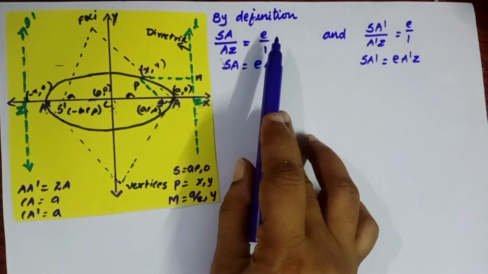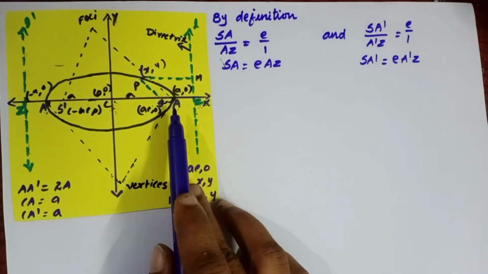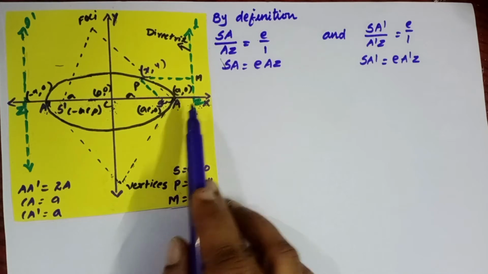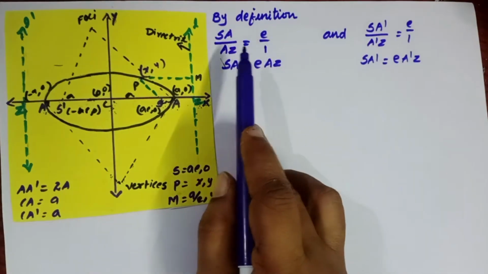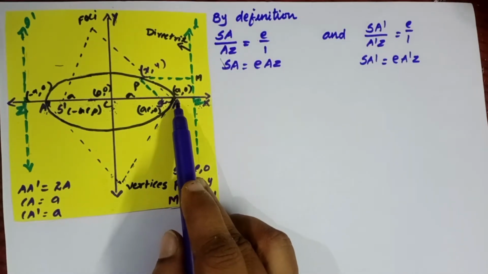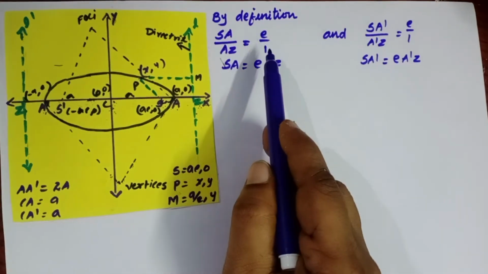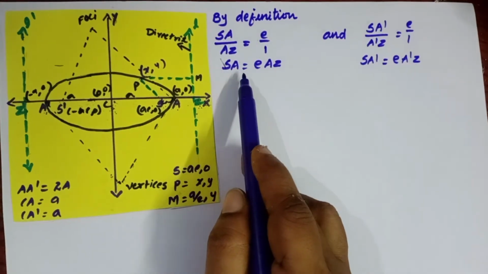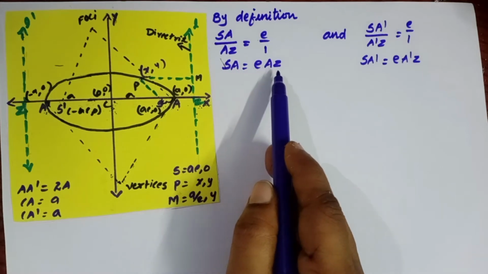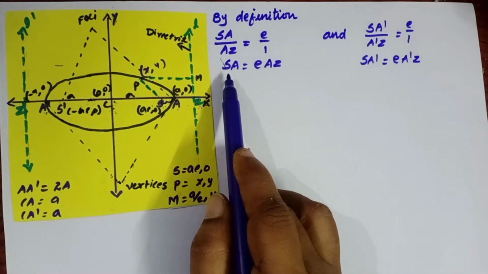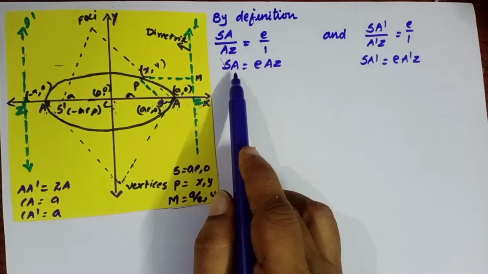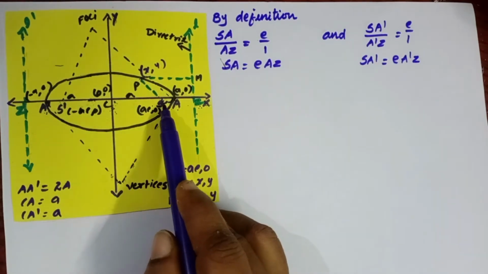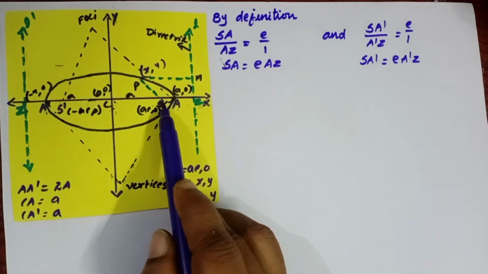By definition, we know that this A point divides SZ internally in the ratio E:1. Therefore, SA by AZ equal to E by 1. On cross multiplying, you get SA equal to E into AZ. Now we have to write the value for this SA using this diagram. Now you see the diagram. SA equal to